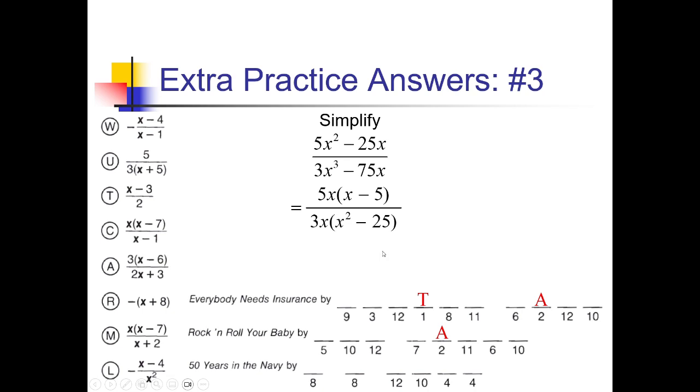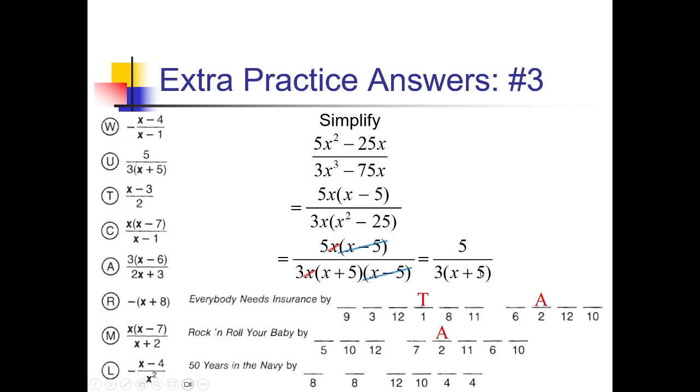So I'm going to keep going here. The numerator is all set, can't really do anything there. But in the denominator, along with this 3x that I took out, I can break this x squared minus 25 up using square rooting. So I can write x plus 5 and x minus 5. And now, let me cancel some things out. So there's an x right here and here that can cancel out since those x's are being multiplied by things. And then the x minus 5's also are going away. So when the dust settles, we have a 5 in the numerator and a 3 times x plus 5 parentheses in